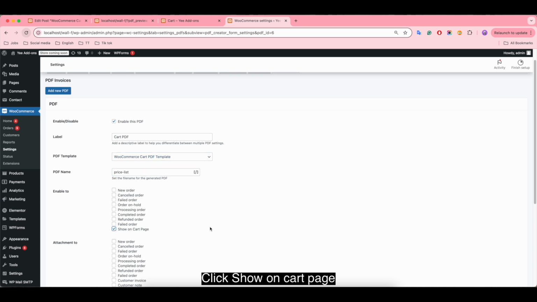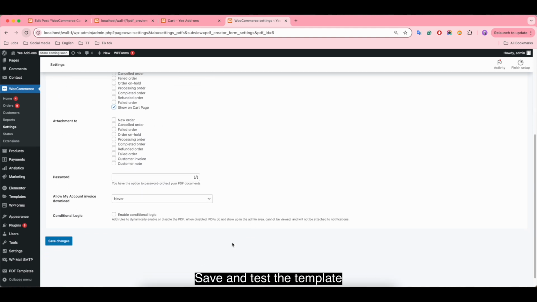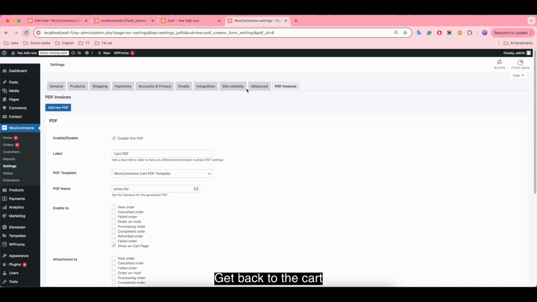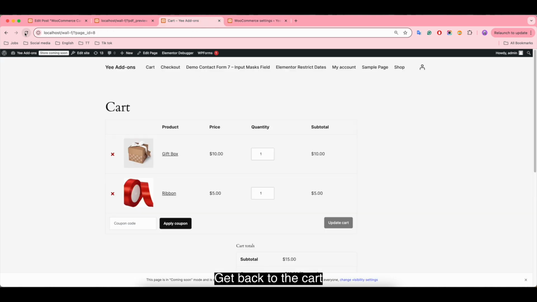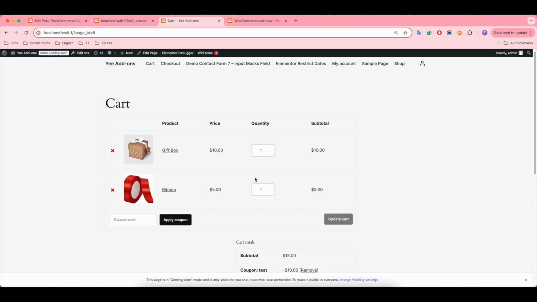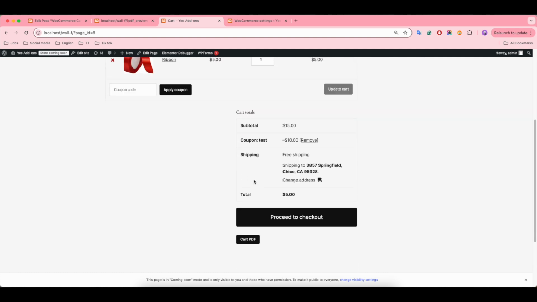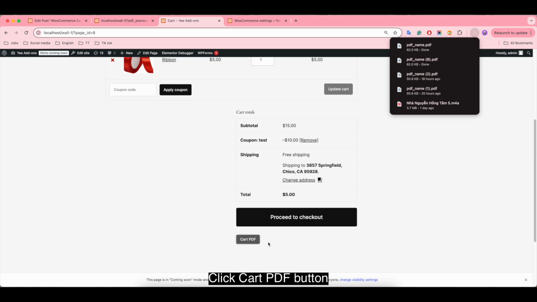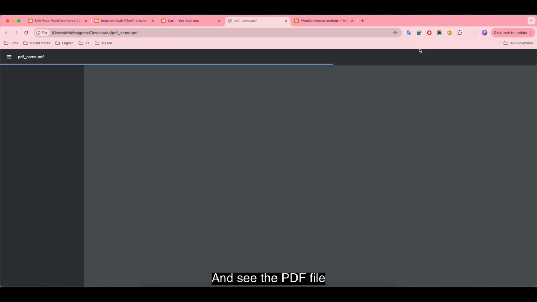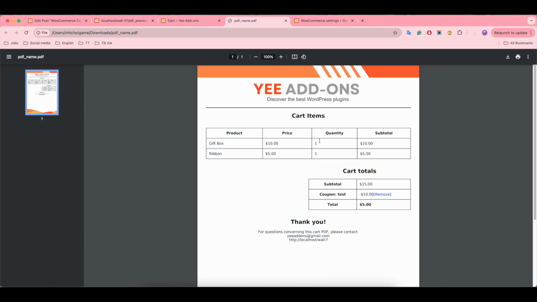Click Show on Card page. Save and test the template. Get back to the card. Click Card PDF button and see the PDF file. Here you can see